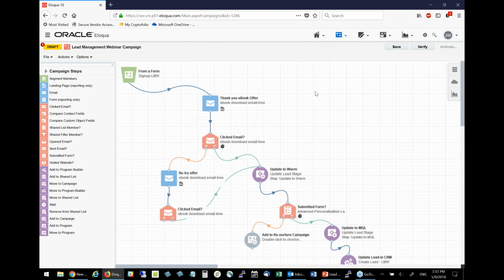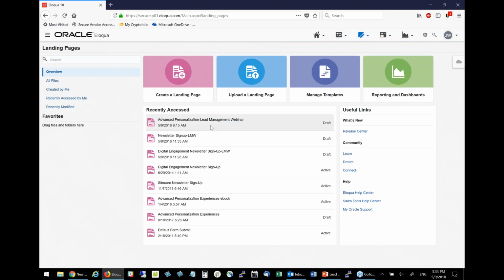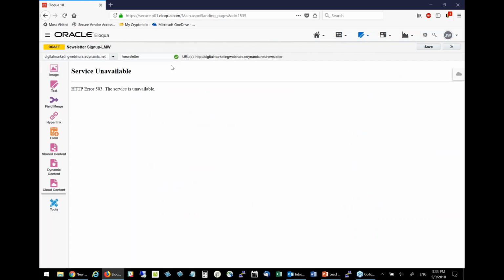So let's look at what a couple of these things look like, just so we can do some test submissions of this form so you can see what it looks like to kick this process off. So I'm just going to get into this page that got created. And again, this is just all,